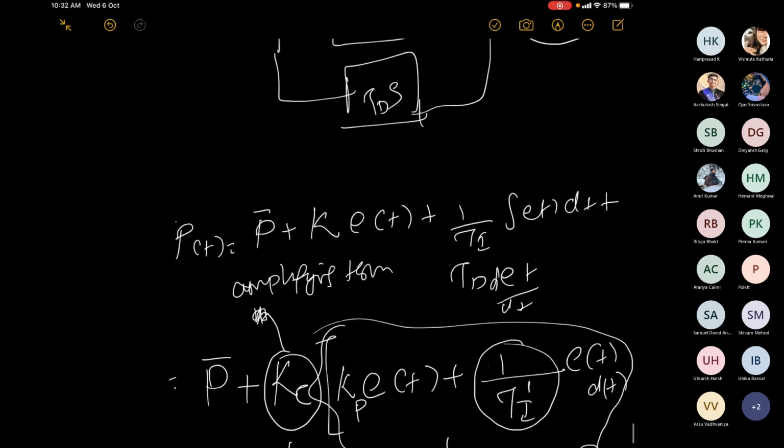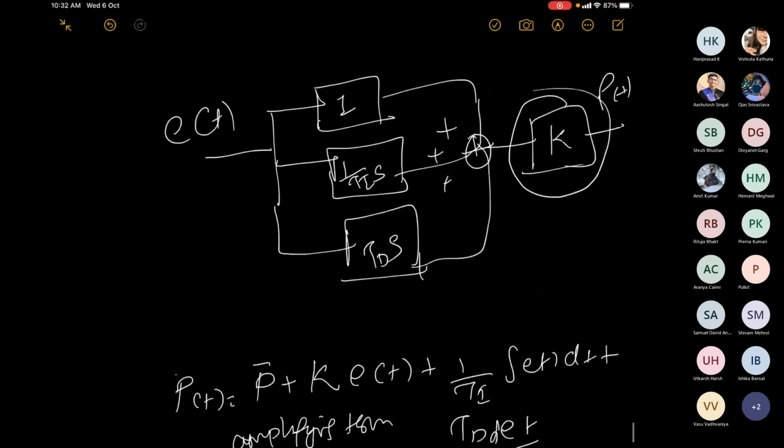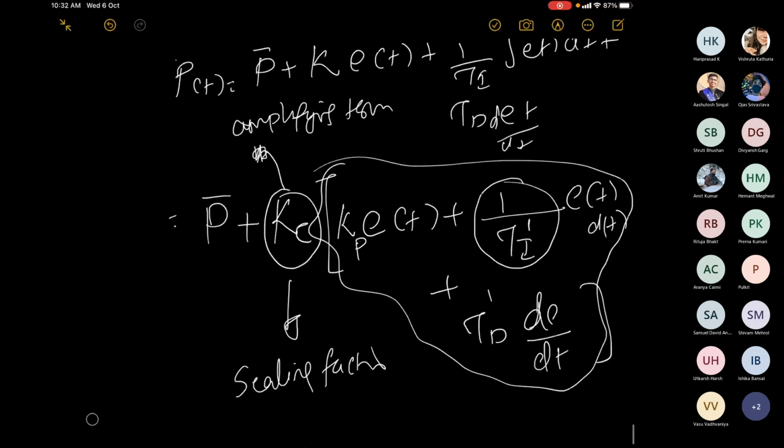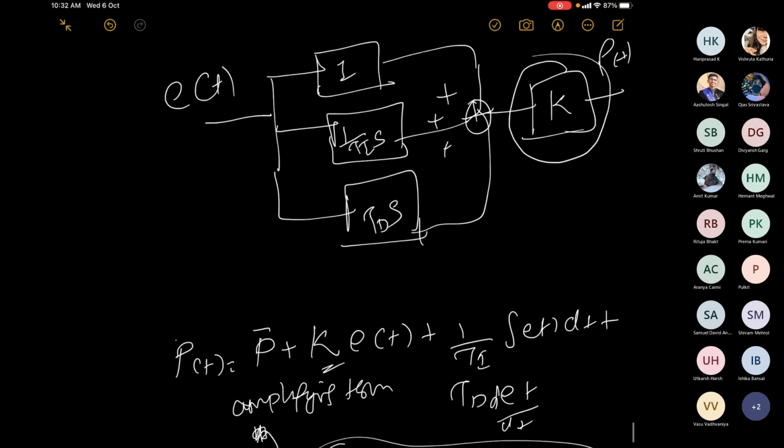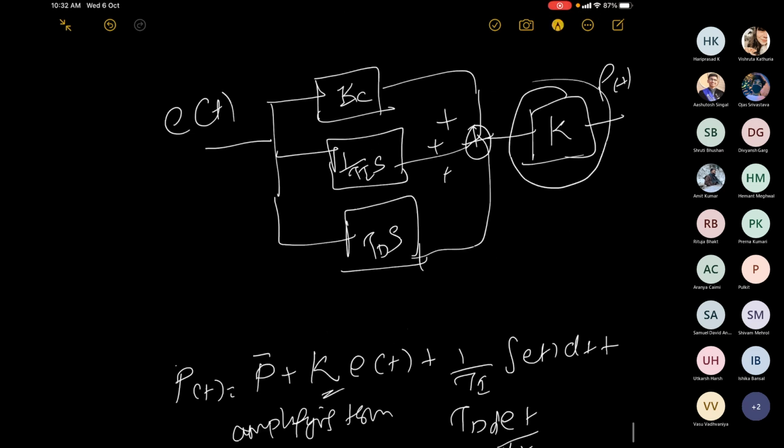So now if you look at the overall implementation, you would have these three terms. Most often, when you take the Kc out, the remaining term is Kp. You generally assume that to be unity because you don't want too much of a proportional kick. If you really want a number, you are free to put Kc over here also. So